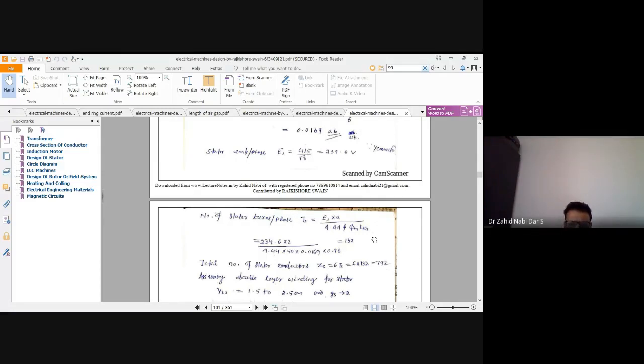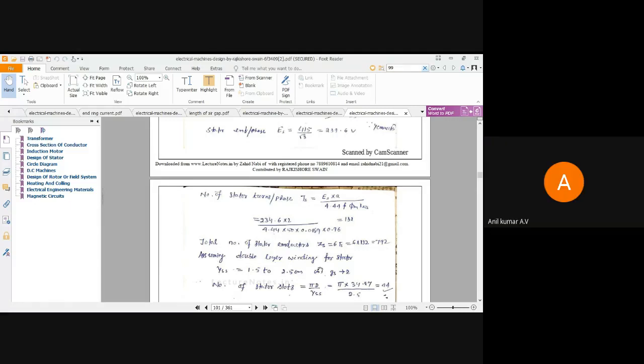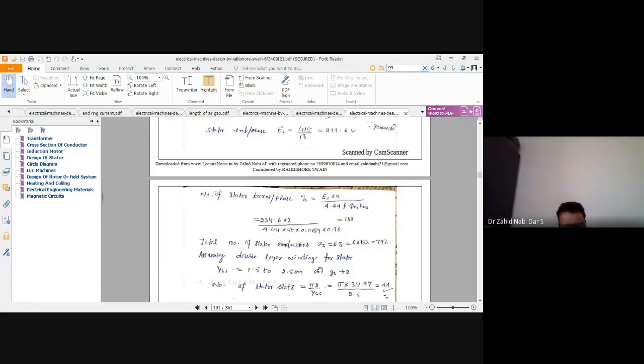Now, because we saw the HP value was high, when an induction machine has a high value, you're not taking single layer winding, you are taking double layer winding. So once you are assuming the double layer winding, your slot dimension would be around 1.5 to 2.5 millimeters. Here it is given in centimeter, it has to be in millimeter. Any doubts you are having? If you are having any doubts, please ask.